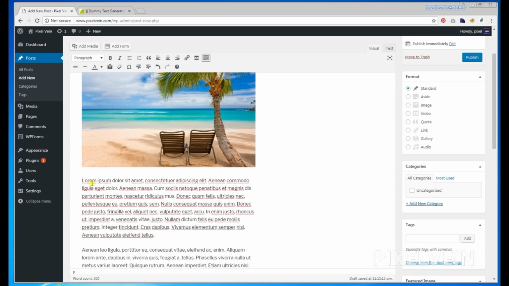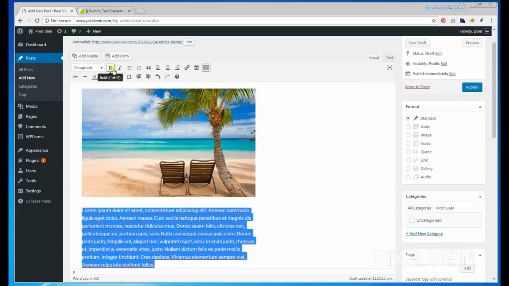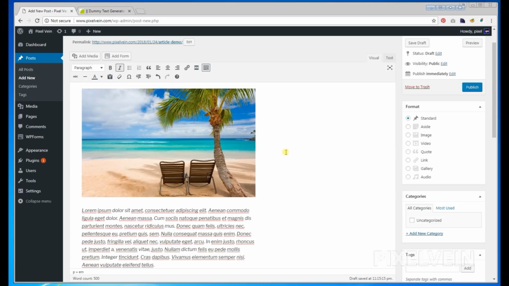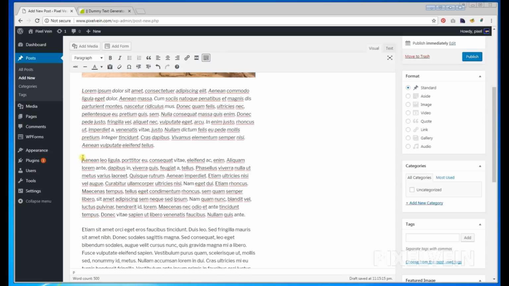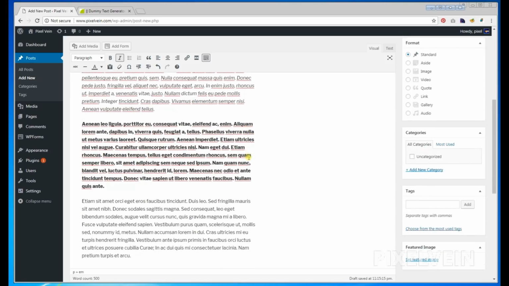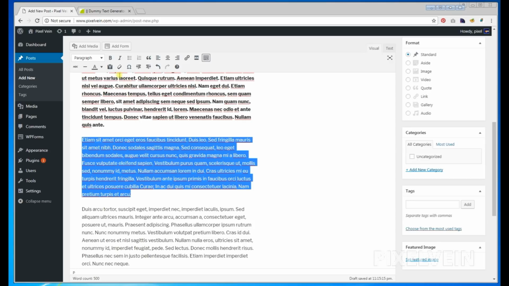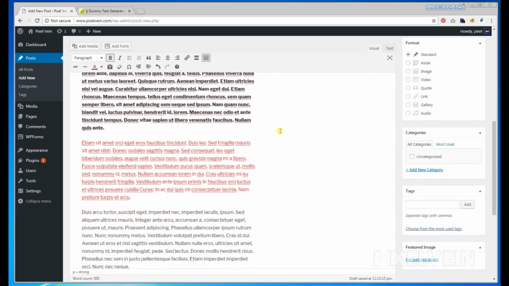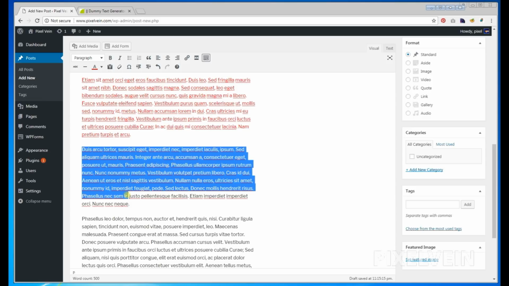So I'm going to make this text, click and select it, just like that. I'm going to make it italic, just to show you the different styles and how they look. I'm going to turn this text to bold. I'm going to change the color of this text to red. And for this text,